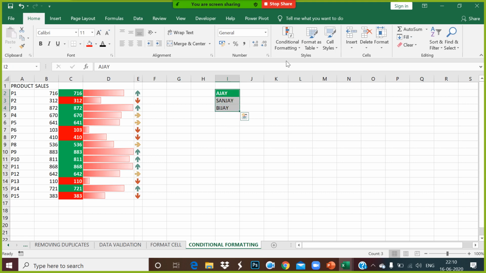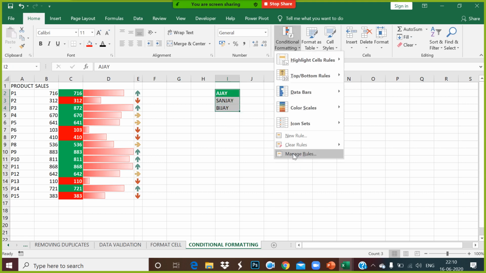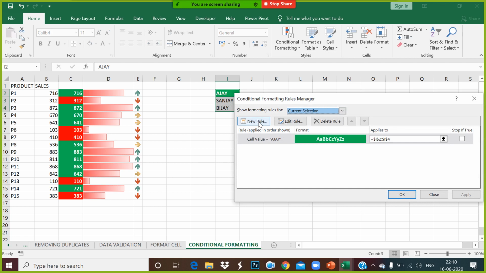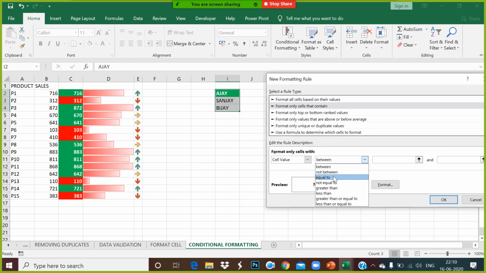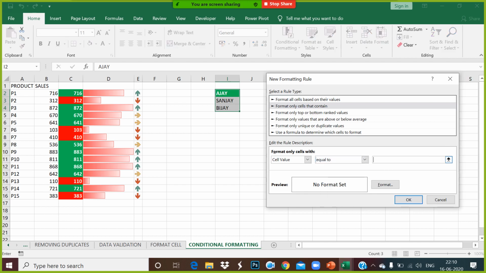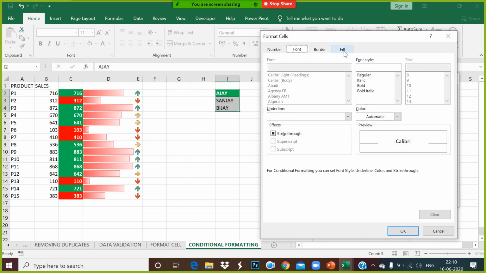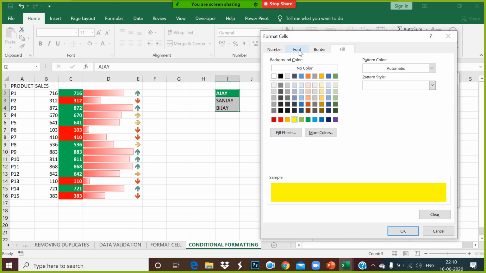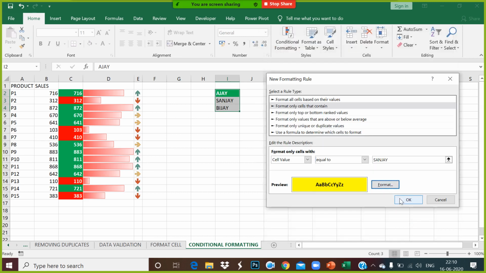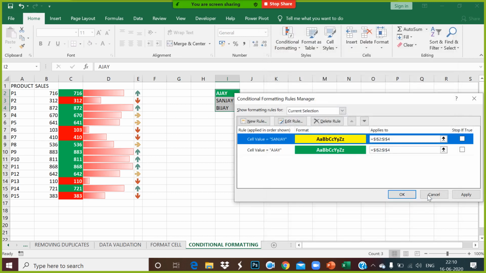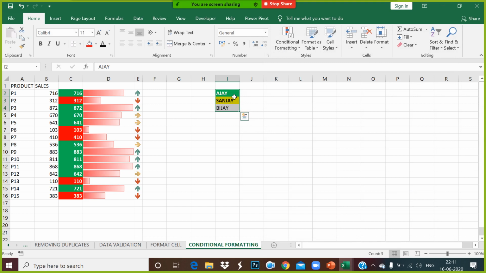Now I select this and go to manage rules. I add a new rule: if the cell value equals Sanjay, I give a background color of yellow and the font bold and black. So within this, I applied another condition.